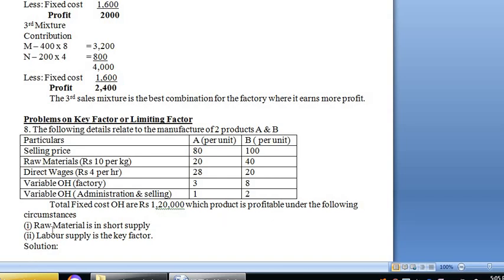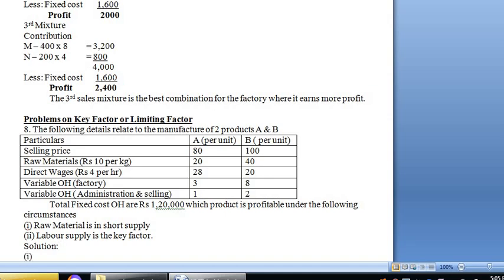Okay, now first point they have given is raw material is in short supply, then labor supply is the key factor. It means the sufficient laborers are not available. In such case, how you have to tackle it? Okay, now first what we will do is,